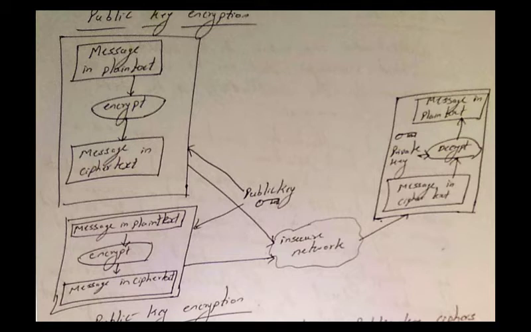This is the process which is called public key encryption. In a simple way, I just want to say that if one key is used for encryption, the other key is used for decryption. If a private key is used for encryption, then the public key is used for decryption. If the public key is used by the sender for encrypting the message, then the owner of this key can use the private key for decrypting the message.